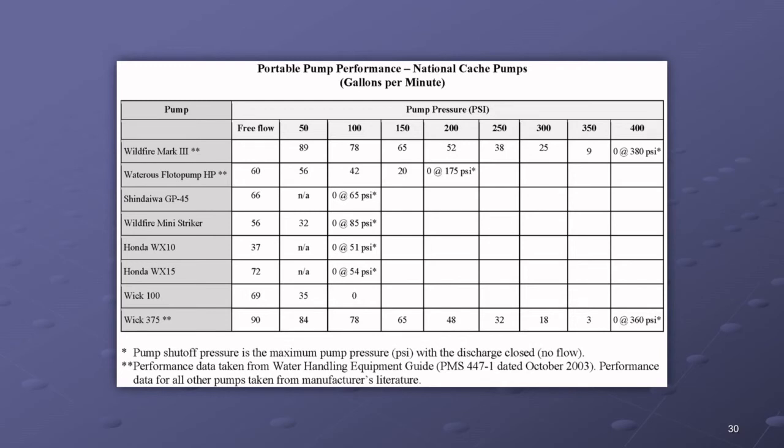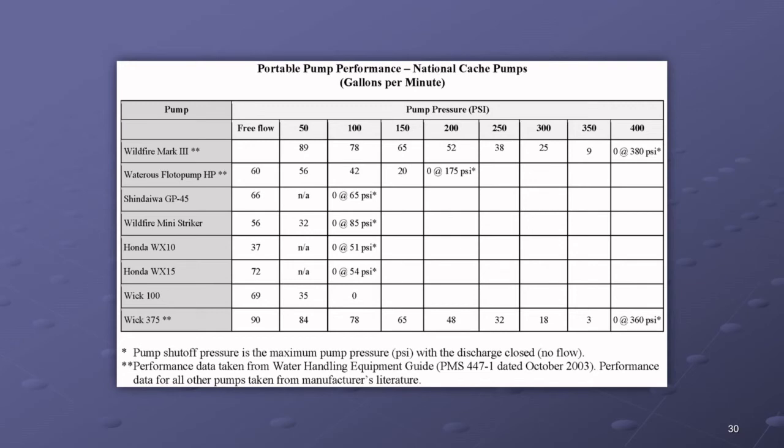Even though it's not always the case, it's pretty darn close to it. And then I have 50, 100, 150, 200, 250, and so on. So we had free flow, shutoff pressure. It means you're moving 0 gallons per minute. It's just the pump, cranked up to its maximum, and the discharge is shut off to build the maximum amount